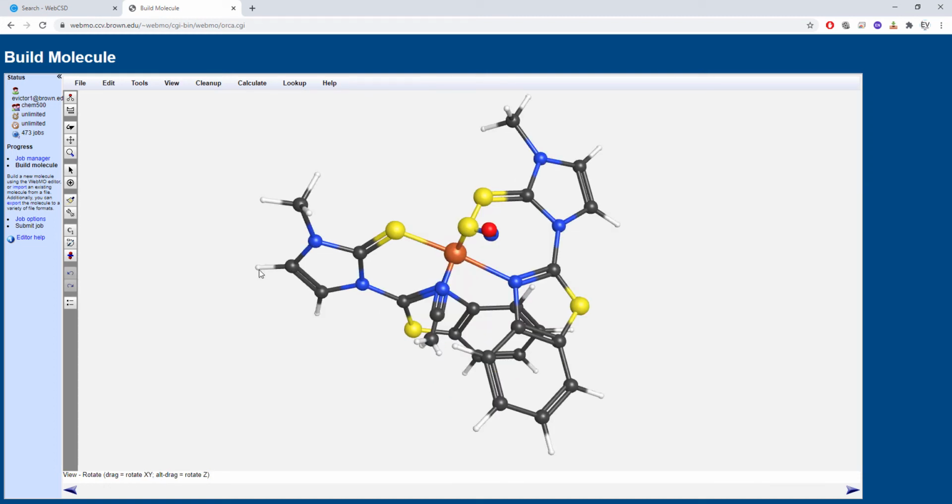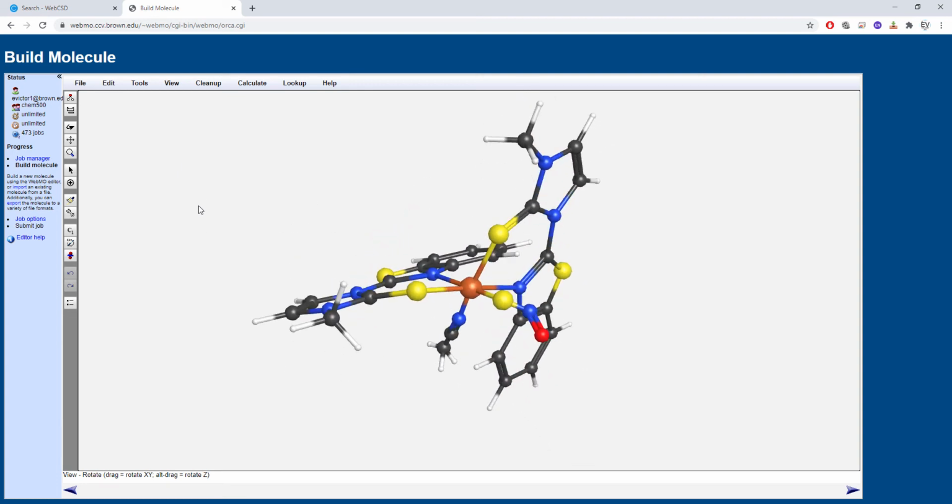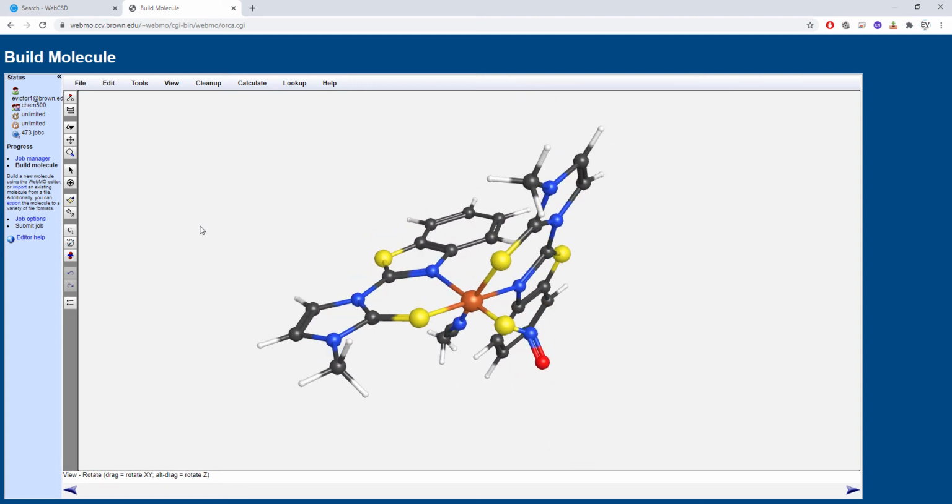Okay, now that the molecule's built, the one thing that we probably want to do beforehand is make sure that we're choosing all of the different atoms where we're going to do the new GTO2, where we're going to change the basis sets for the individual atoms. One easy trick is to simply change the different atom types here to atoms that aren't the ones that we're actually using. So that way, when we look at the